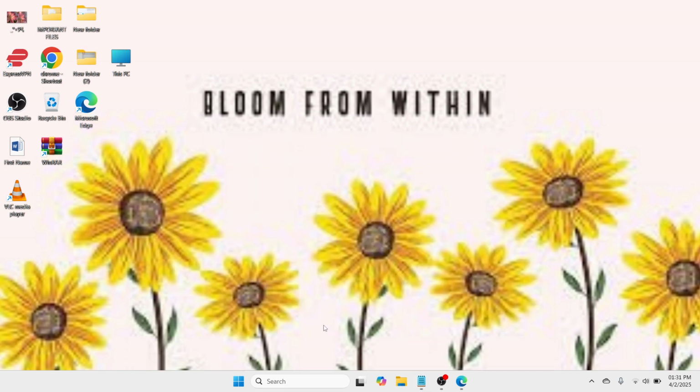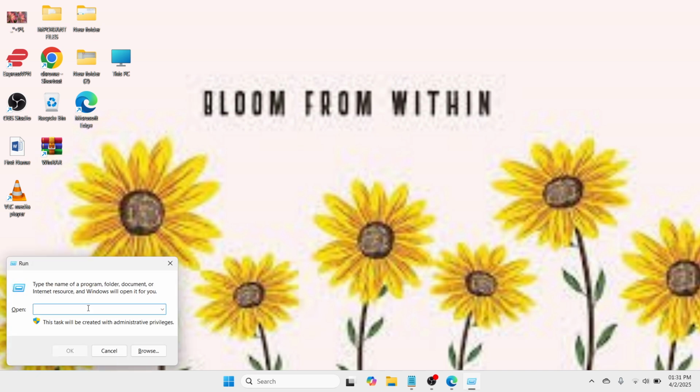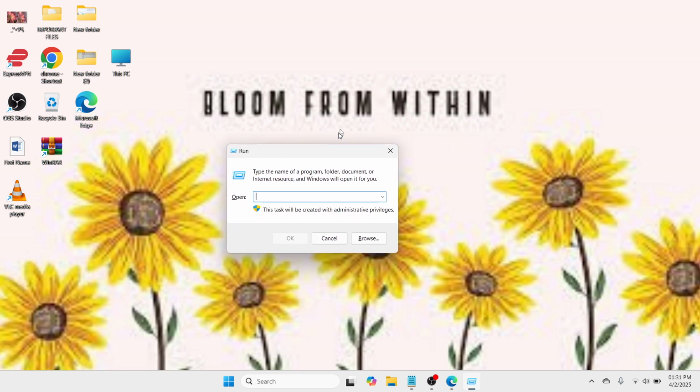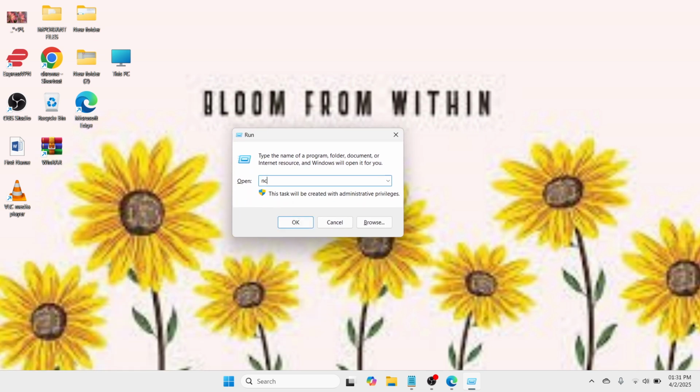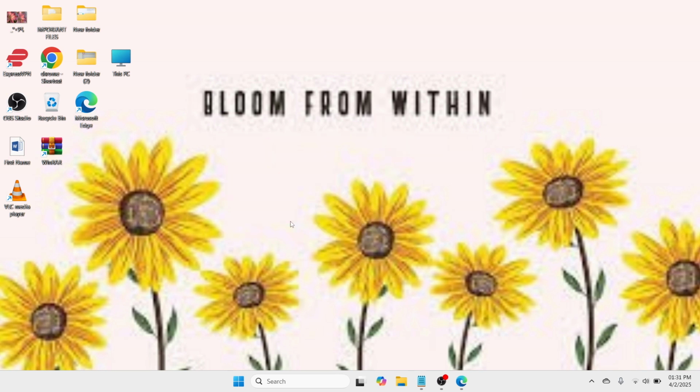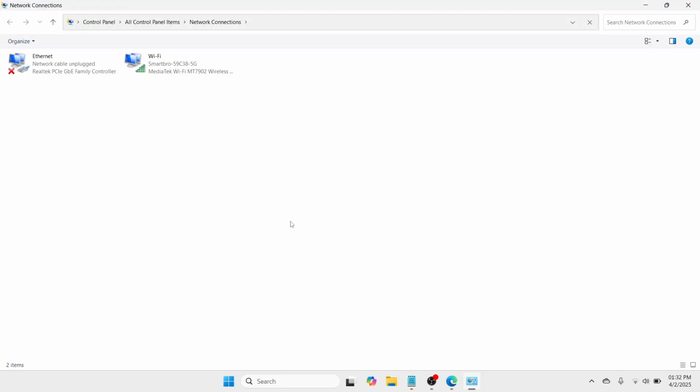The very first step that you can do is at the keyboard, press Windows and R key together, and by that you would be able to open the small window called Run, where here you need to type ncpa.cpl. Again, type ncpa.cpl and click on OK to proceed. Wait until you are being redirected to a new window, which is called Network Connections, where here you need to